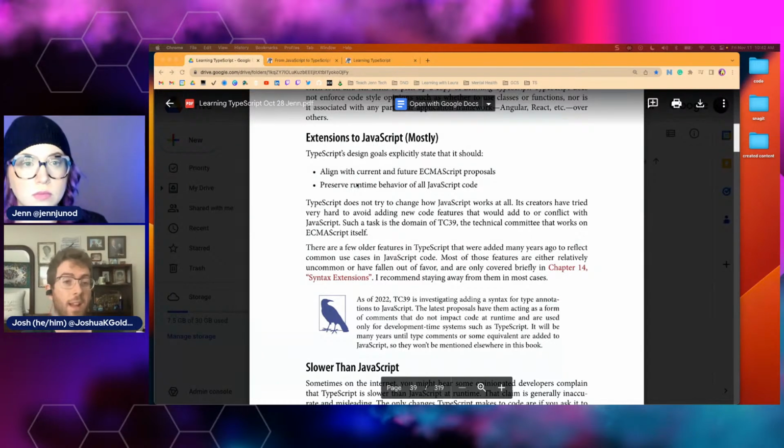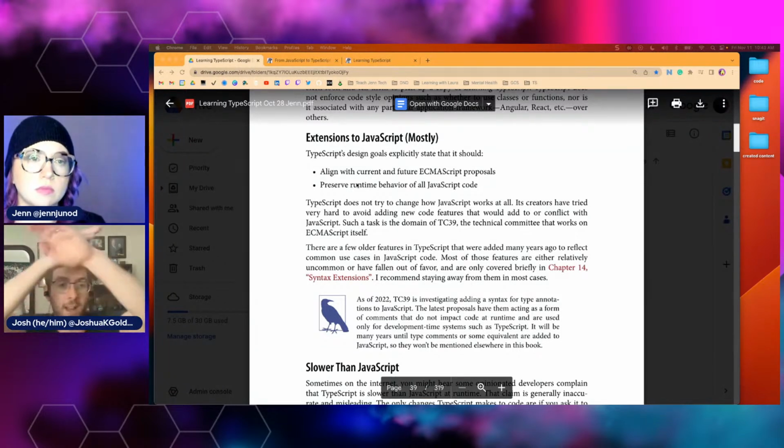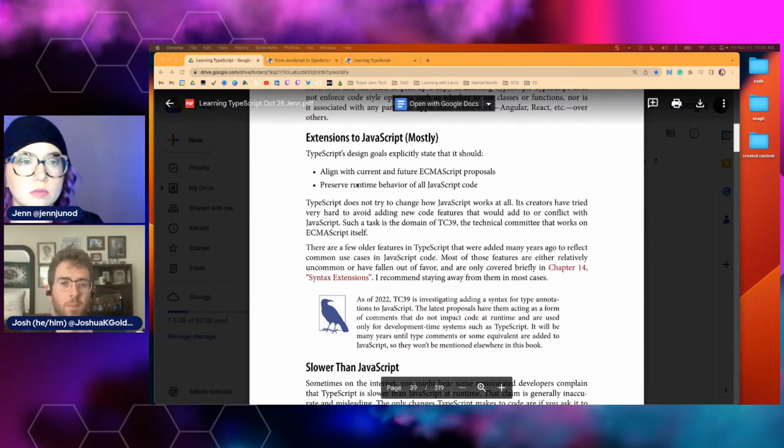So a lot of times people will ask, oh, can we add something to TypeScript that's a runtime feature, like a new way to write a function? And for the most part, no. TypeScript does not change JavaScript. Its goal is to be a superset that just adds type stuff. And that's because if we add new runtime things in TypeScript, and then later on the JavaScript language also adds an equivalent to that thing, now you've got competing versions and one will not be compatible to the other. So that would be really bad.